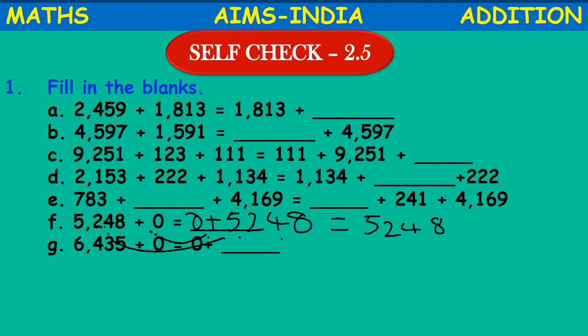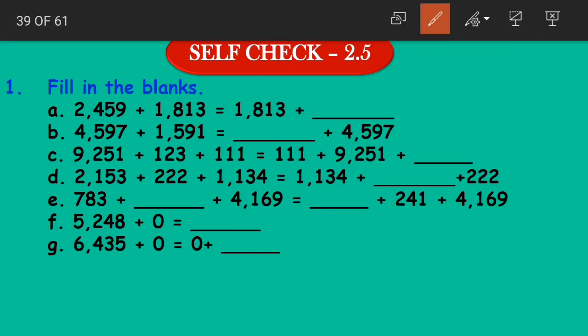Now moving on to question number G. 6435 plus 0 is equal to 0 plus dash. Again, this is also from the additive property of 0. Now look here, we have 0 on both the sides. Now which number is missing on the right side? This, 6435. So we can say that 6435 plus 0 is equal to 0 plus 6435. And what will the answer be, children? The answer will be the number itself, which is 6435. Clear, students? Yes, we learnt about three properties of addition today: